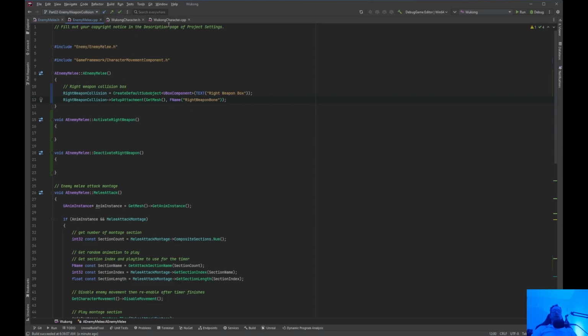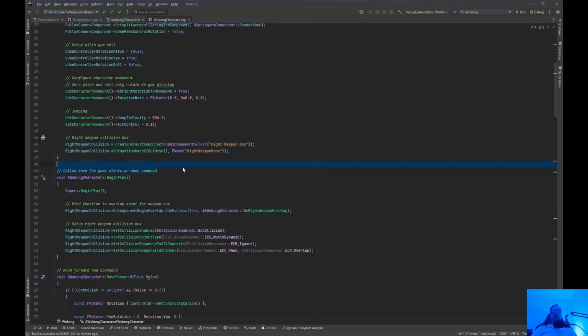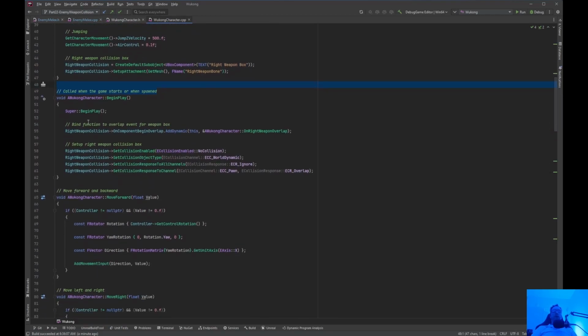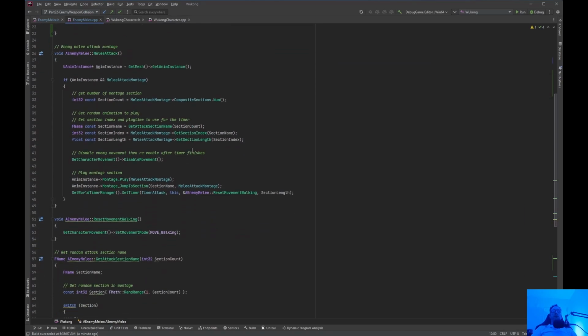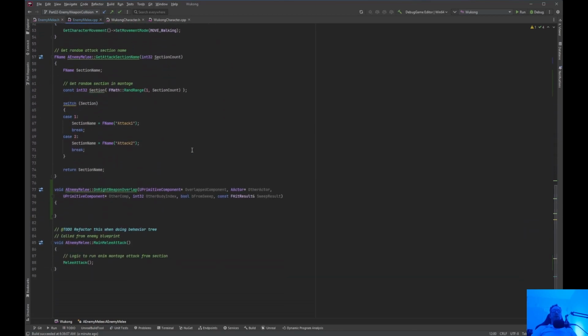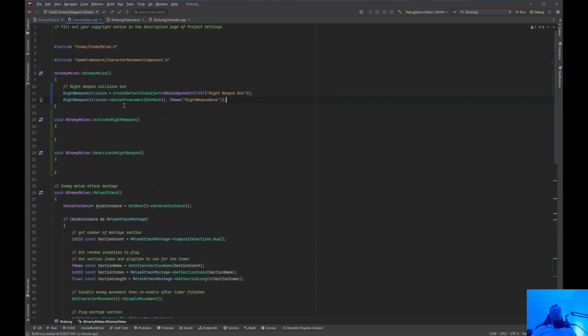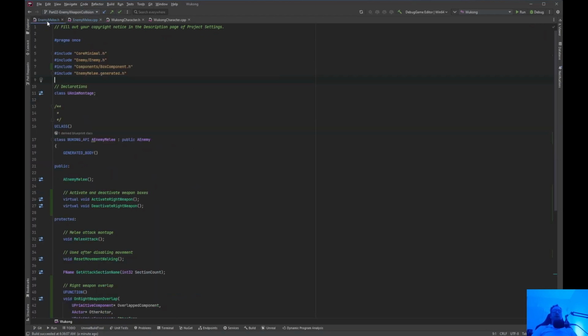Okay. Come over here to the CPP and the begin play. Bind function to overlap event for weapon boxes. Going to need that. Set up right weapon collision boxes. We are going to need that. So let's copy that. That's in begin play. Come over here to where is, so we don't have a begin play here. So what we are going to need to do is